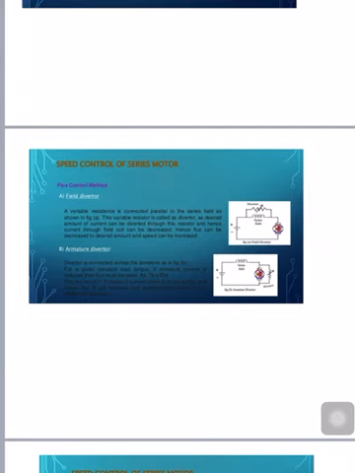In the diagram we will see a variable resistance connected in parallel to the series field, as shown in the figure, and this variable resistor is called a diverter, as a desired amount of current can be diverted through it. Hence the current through the field coil can be decreased so that the flux can be decreased to the desired amount and the speed can be increased. So this is how, by means of a field diverter, we can control the speed.